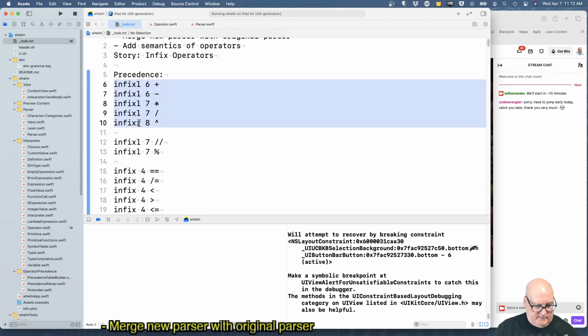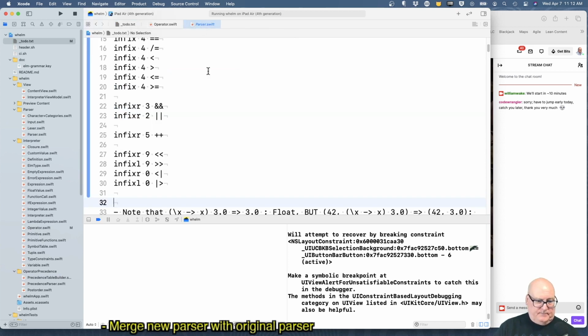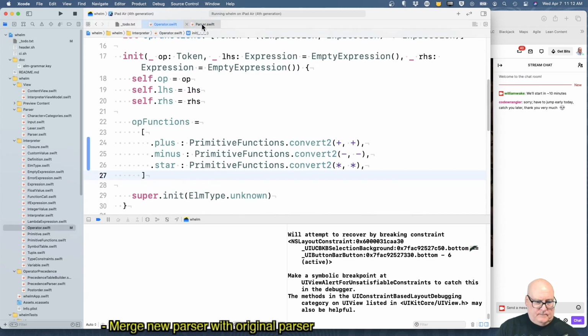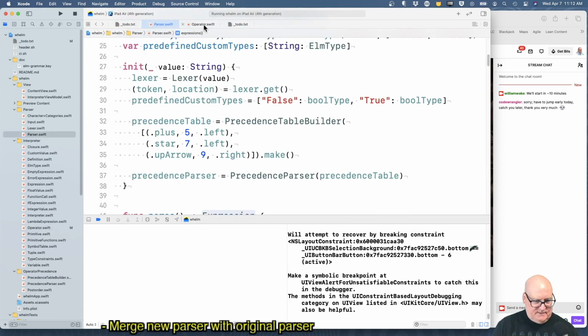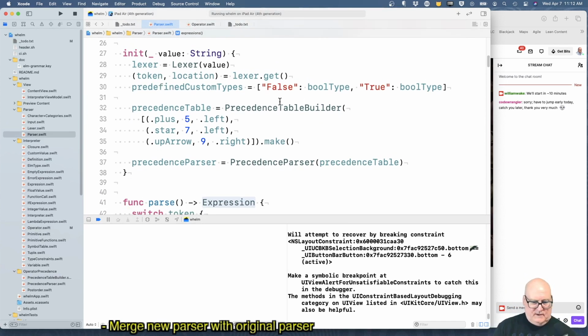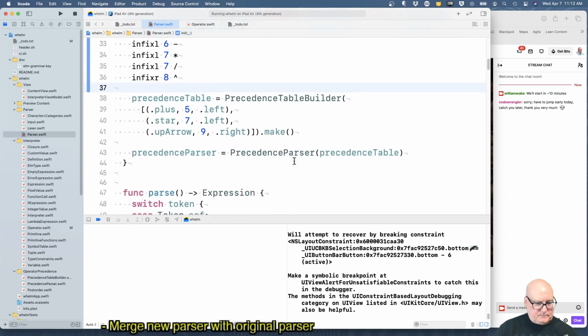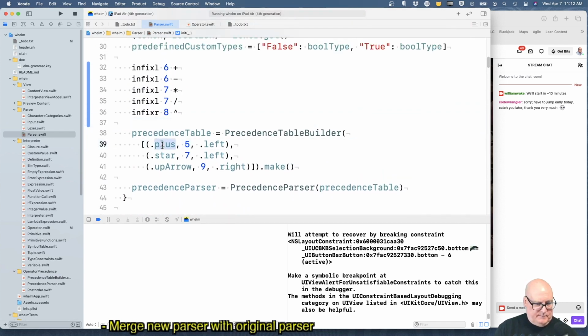I'll just copy a chunk at a time. Okay, plus is 6 left associative.